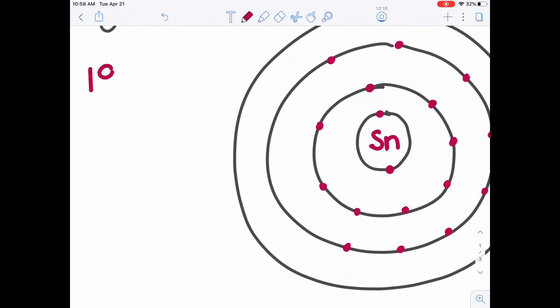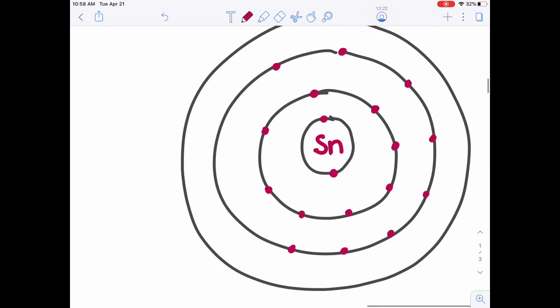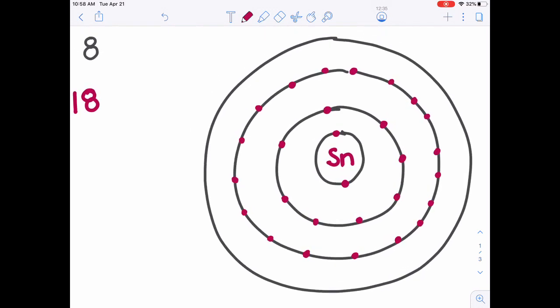I'm going to put 18 in my table over there. So I have 8. Right now, I'm going to add 10. Okay, so that gives me